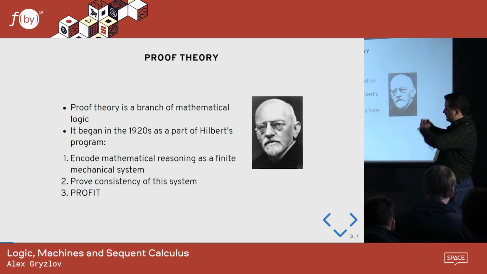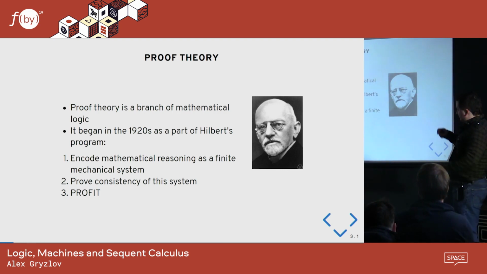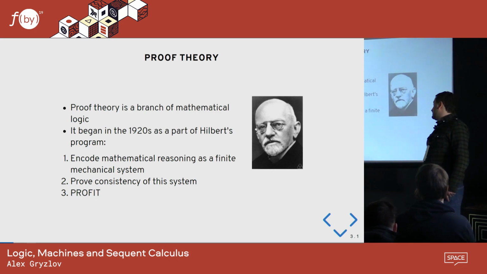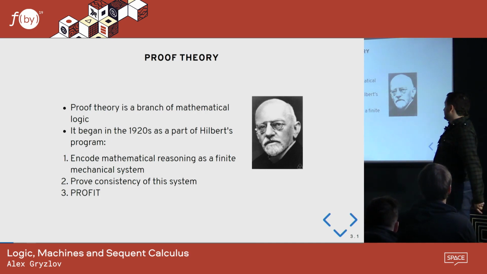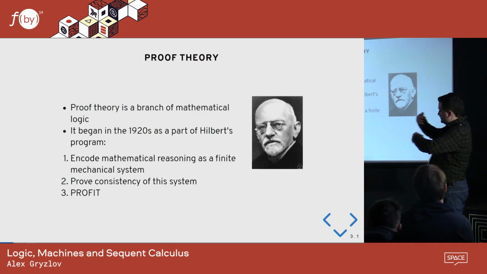And so there were these mathematical questions, like whether mathematics is itself consistent. There was this guy, David Hilbert. He began the whole field of proof theory, introducing it in the 1920s, and the idea was that you could extract a small core of all mathematics, some kind of finite system, and then prove the consistency of this system by hand and paper, so it should be simple enough to verify that it's actually consistent, and then using the system verify that all the rest of the mathematics is consistent.